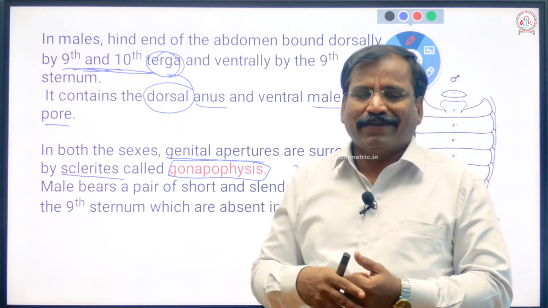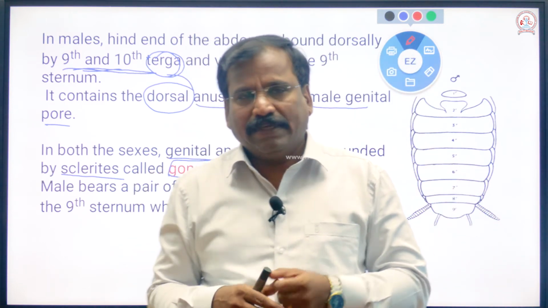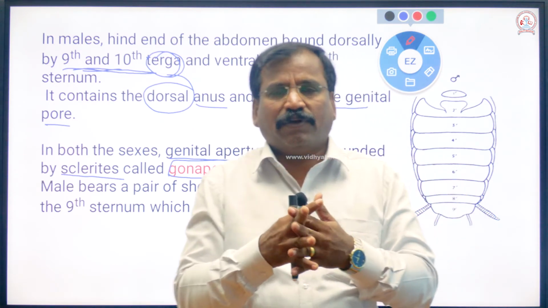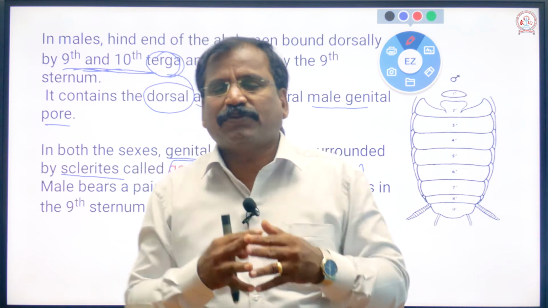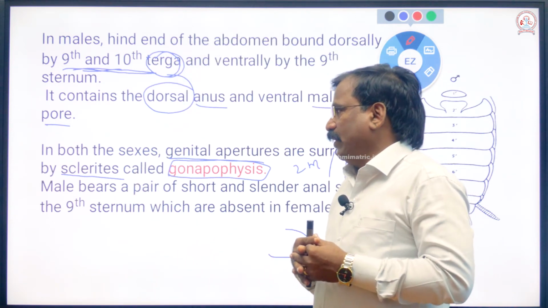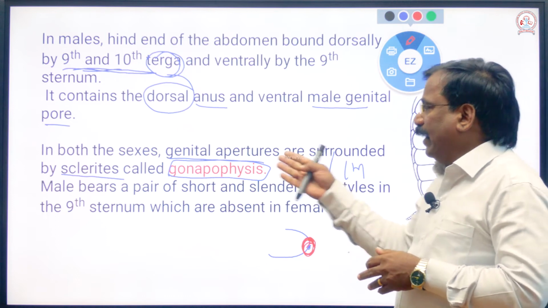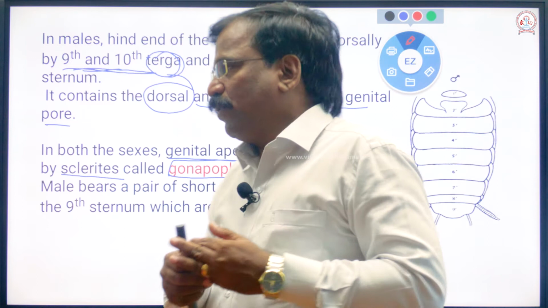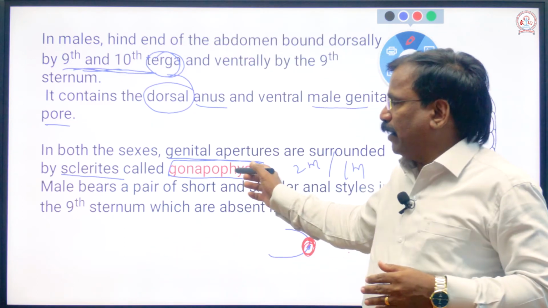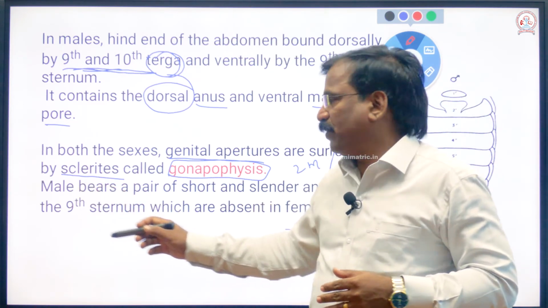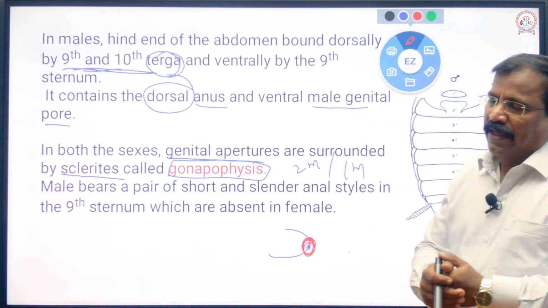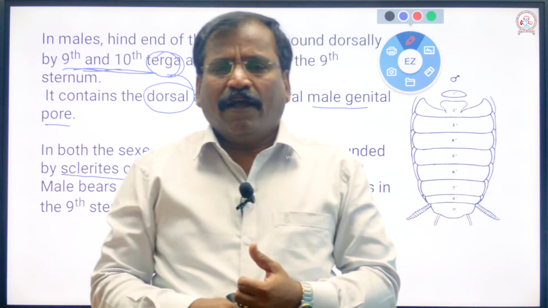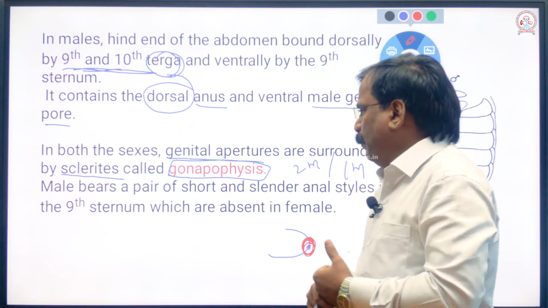Usually in all organisms, the genital opening is not naked. Some special structures surround the genital openings and protect the pore. These are called gonophysis, which is made up of sclerites. That's all. And another important thing is both the male and female